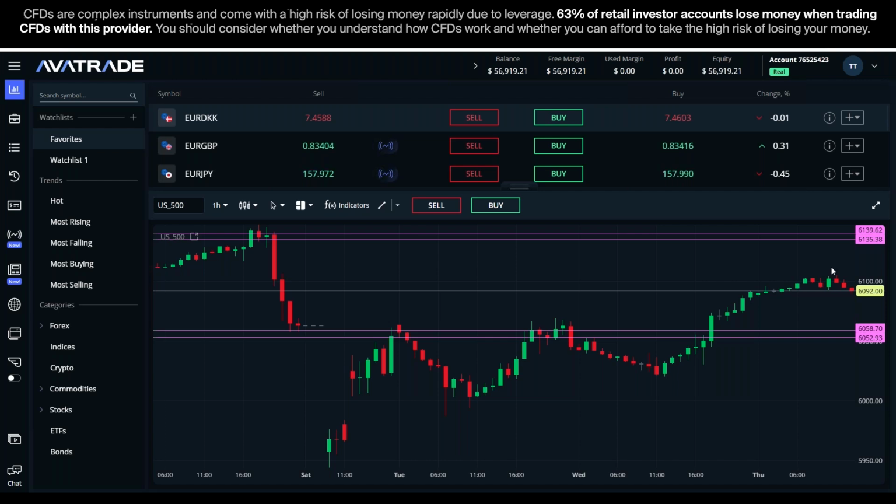So you want to manage risk in an environment like this, whether it's with stop losses or using AvaProtect, etc. But also, it's a good time maybe to take advantage of the movements that are occurring as well.